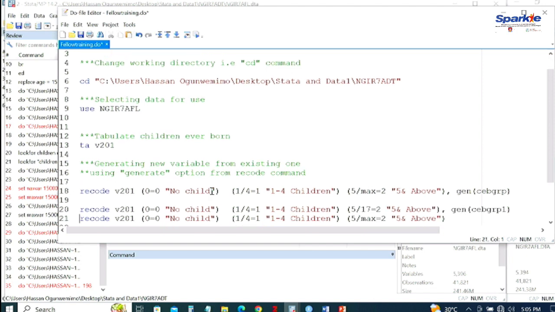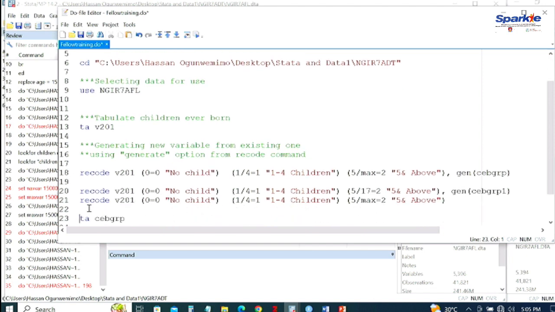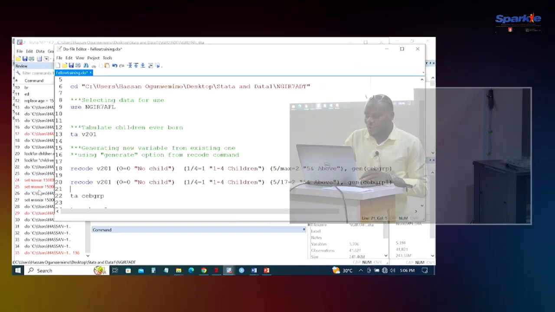The next one is... are we all here now? Can we all recode now, generate from existing variable? Or no, I'm talking to those who are actually doing it with their system. So the next one,